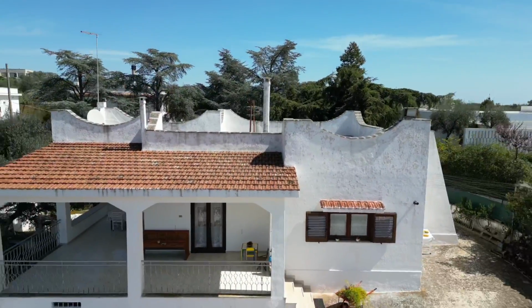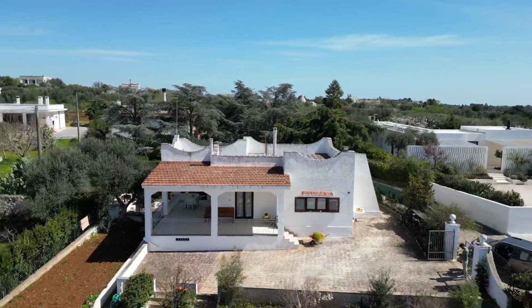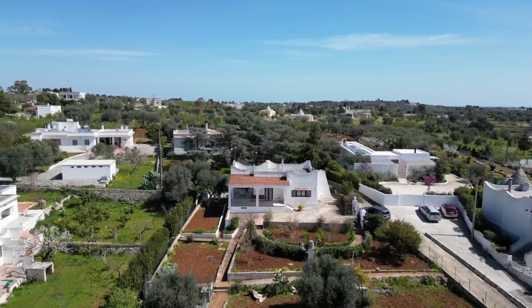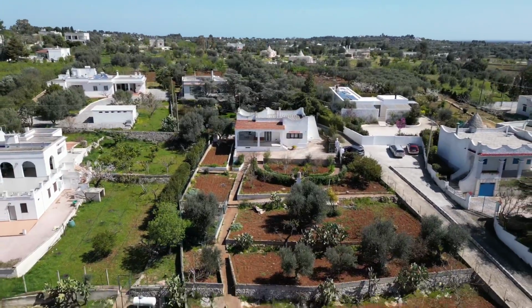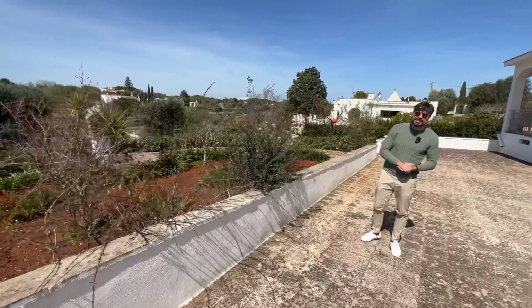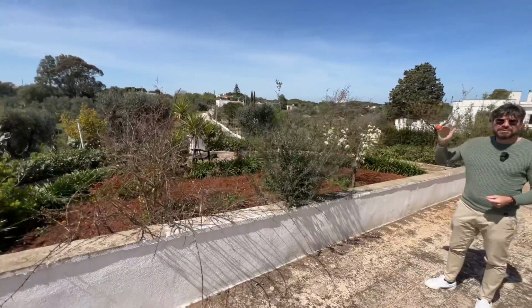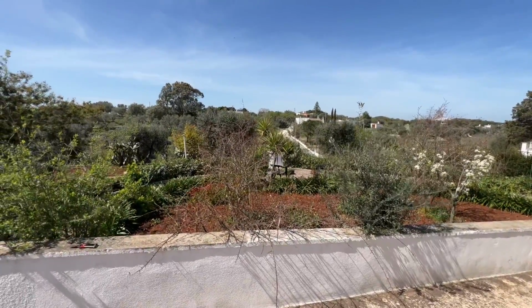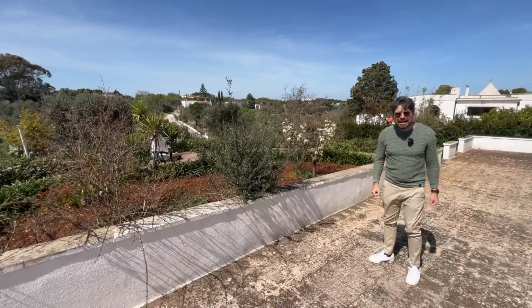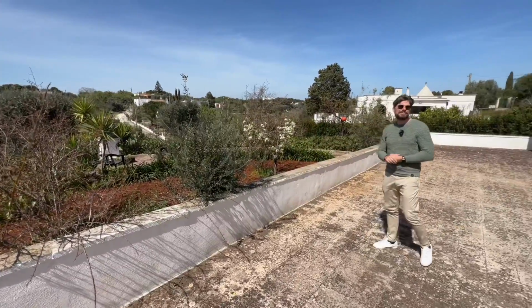It needs updating. We have 2,000 square meters of land, so it's more of a garden around the property than it is full-on land. We'll start by showing you, and what you'll notice is we are located directly at the top of a hill. So obviously you've got some nice views of the rolling hills, and again we are literally 5 minutes from